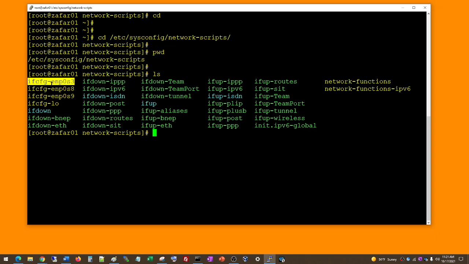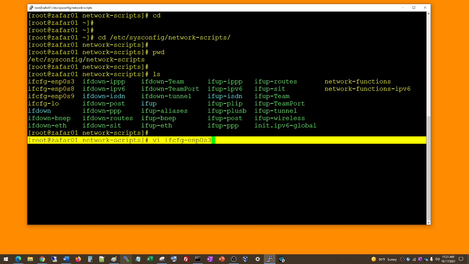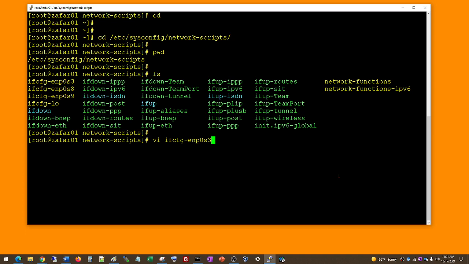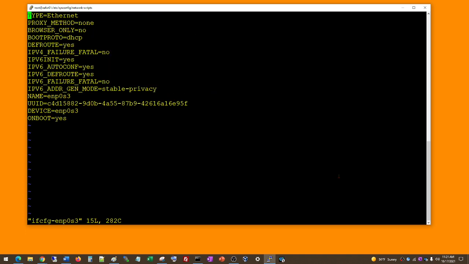So what I'm going to do is I'm going to vi this, and then copy this. Let me put this in here first, and I'll hit enter here. So what you have here is a bunch of information. So all we need is